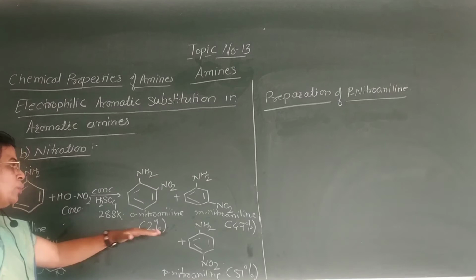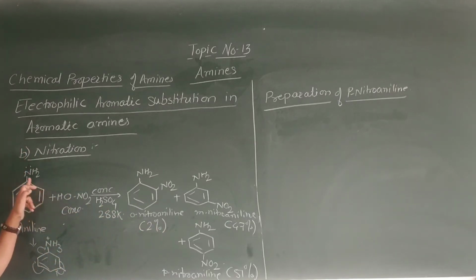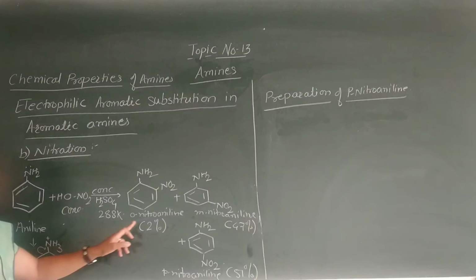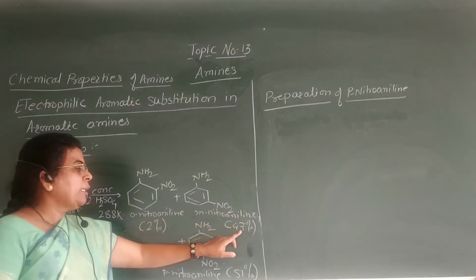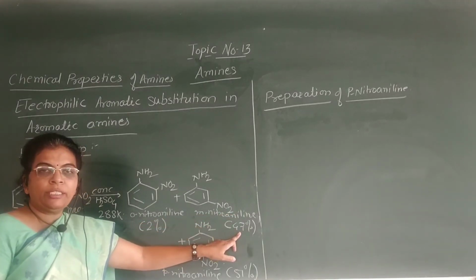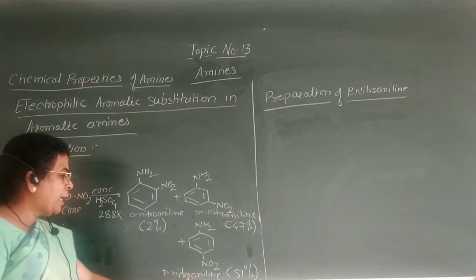This is due to steric hindrance. Here, due to steric hindrance of this NH2 group, nitration at the ortho position is prohibited. And due to protonation of this aniline, here we will get metanitroaniline with 47% and